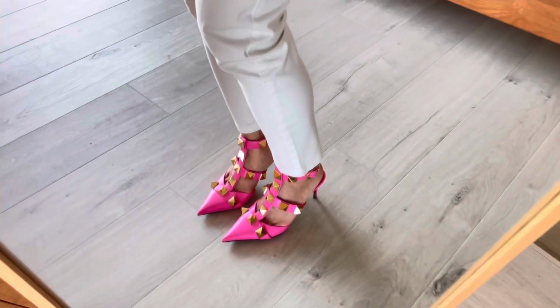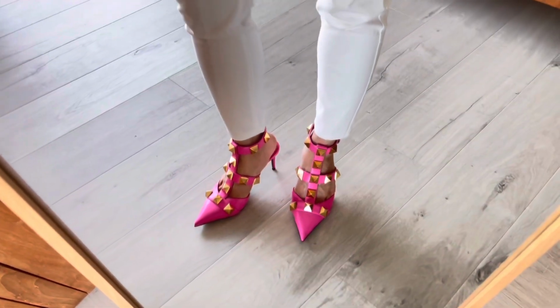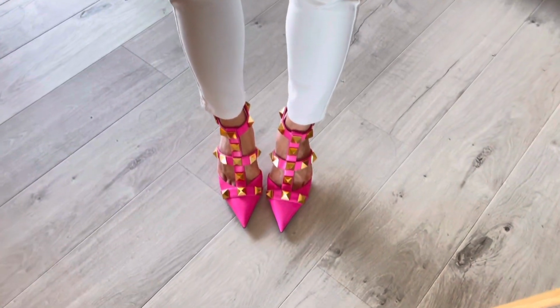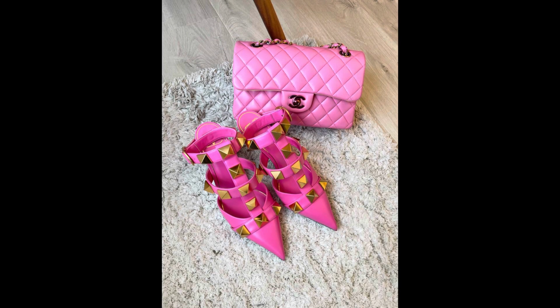For the sizing, I have very wide feet, so for people who have wide feet, this is true to size. If you have narrow feet, you might want to size down by half a size or keep your same size for a more comfortable fit. And I love pairing my shoes with my Chanel classic flap bag and also this cute